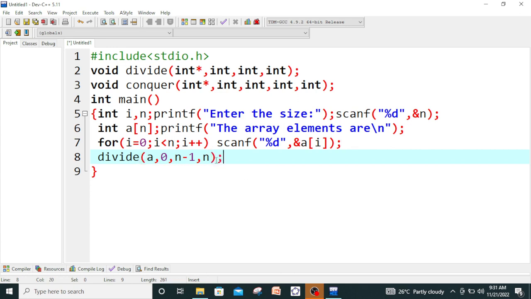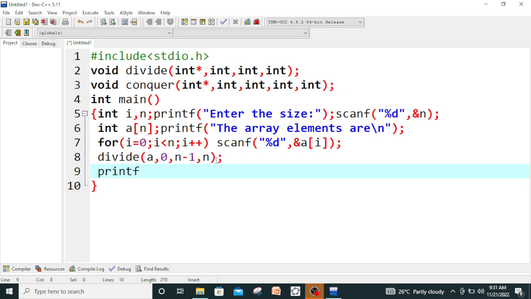And here, to terminate the statement, semicolon, and thereafter we again show a message to the user so that the user may see the sorted array. For that we type the same thing,